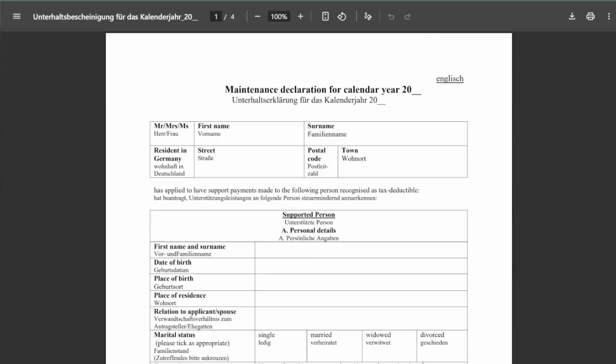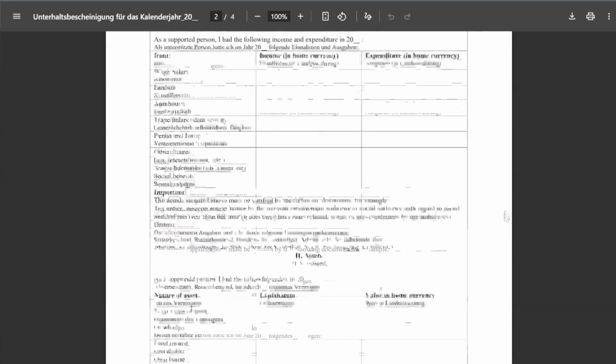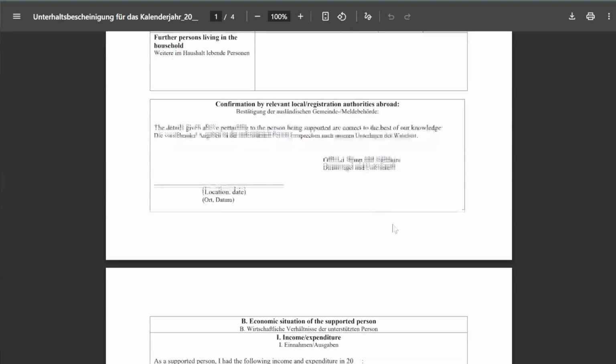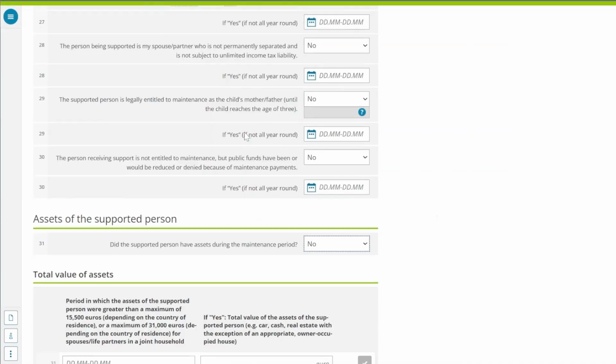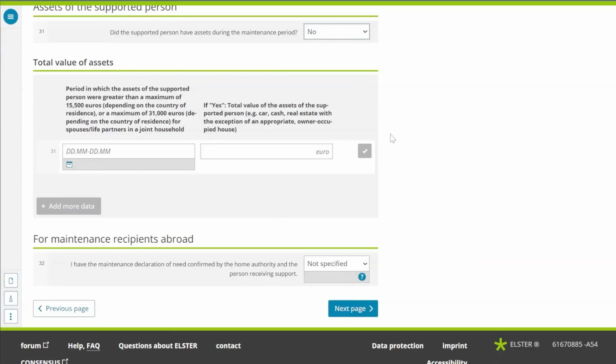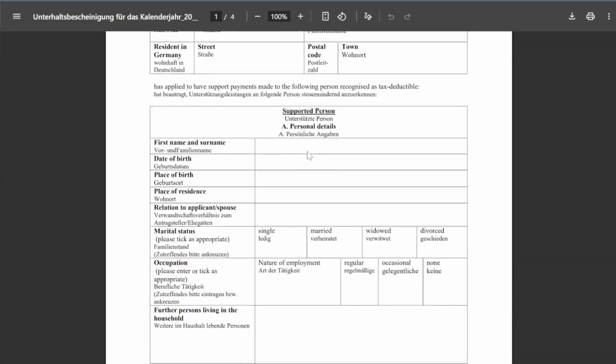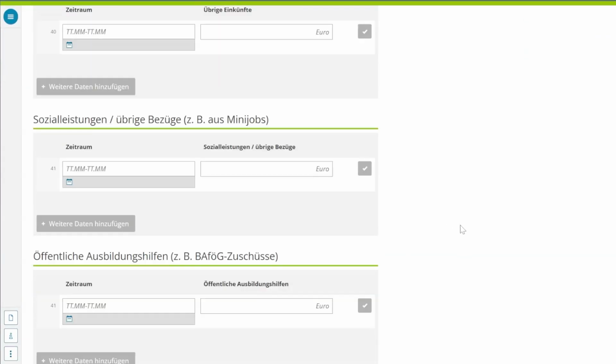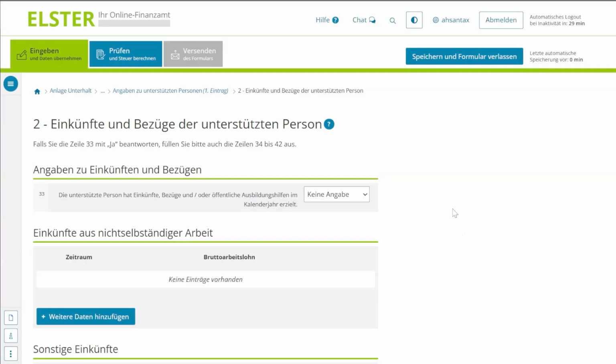You would also have to fill out the Unterhaltungserklärung form and get it signed from the union council or any district employee from where the supported person is living. So this information is going to correspond to all of the data we are providing here. So make sure that you provide the same information which you write down in this form so that everything matches. See here, I did not get any errors. I did not get any issues because I filled out the information correctly. So make sure that you fill out the form correctly so that you do not get any questions or any errors asking for the number or the